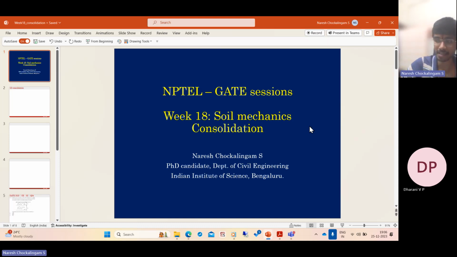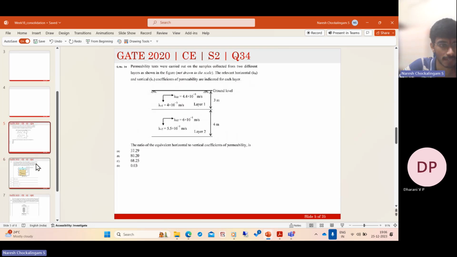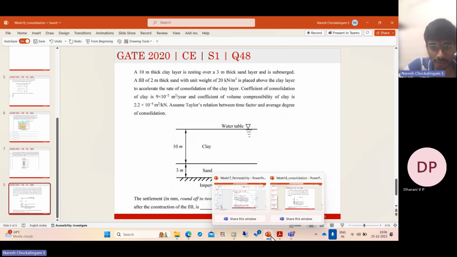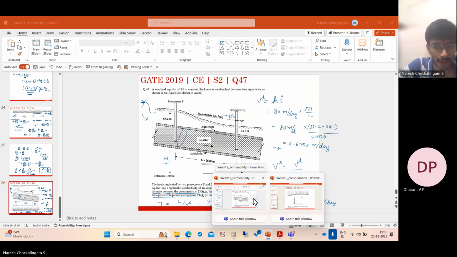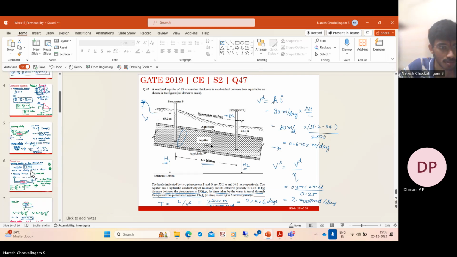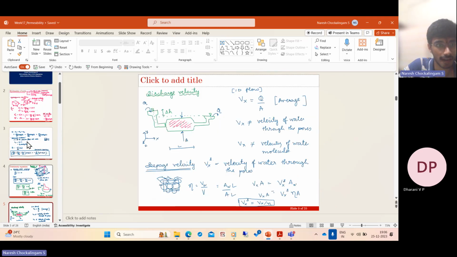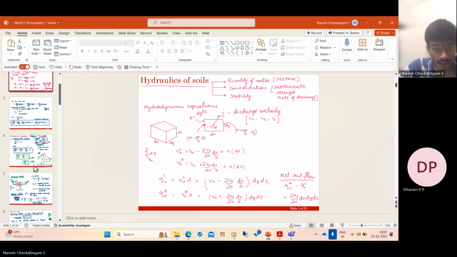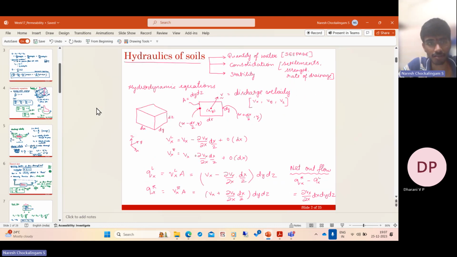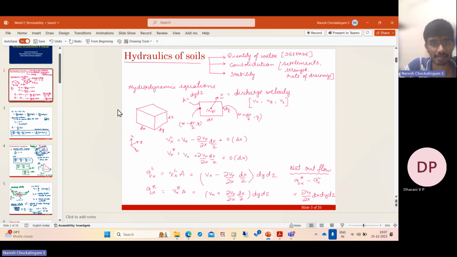So let us continue with soil mechanics. We also have some problems to solve from the last session and this session. So let me continue wherever we left last time. So we were looking at the idea of flow through soil. So we were looking at what are the ways in which water can interact with soil, and